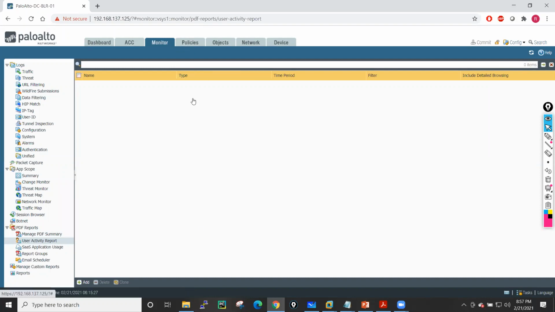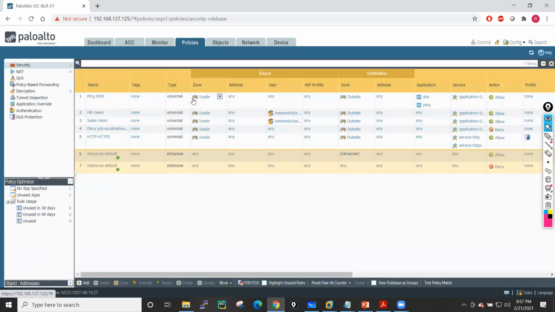And after that, we do have one more tab, which is your policies tab. In the policies tab, in security policies, this is the place where we will configure our rules. Means what traffic we want to allow from the firewall, what kind of traffic we want to deny, and what traffic we want to allow plus generate an alert on the firewall. All these security rules we will configure in this particular tab. This is similar to ACL, access control list, in Cisco devices.